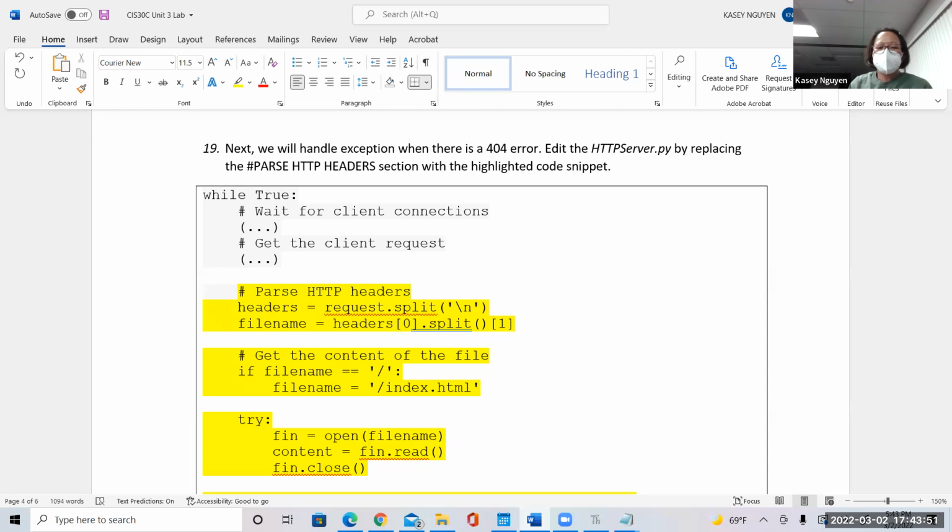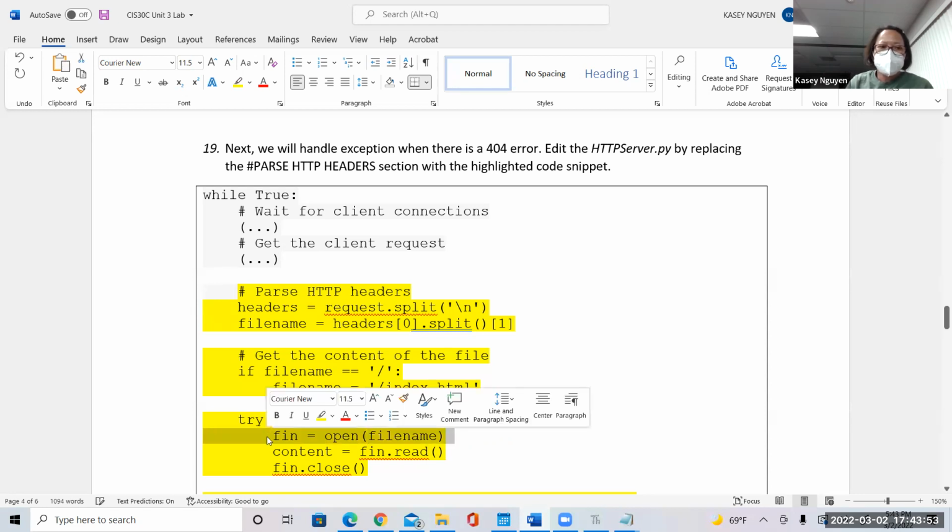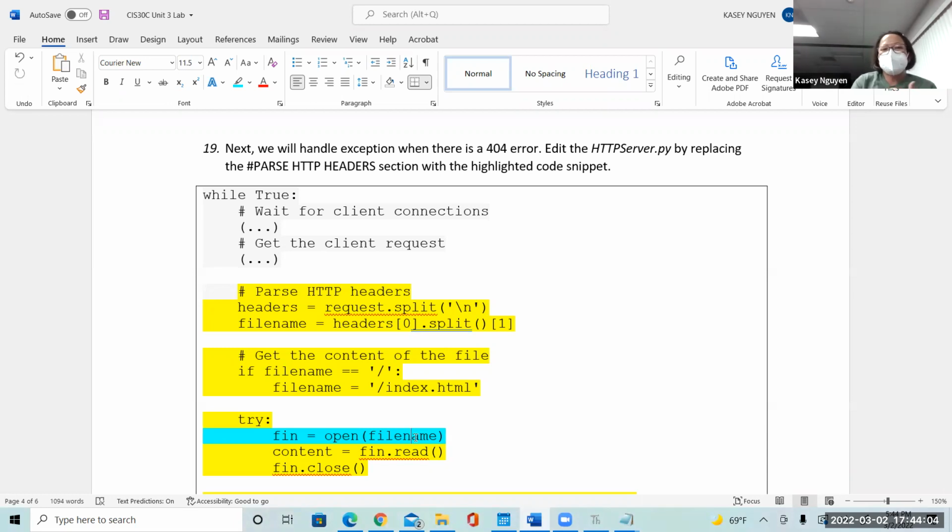This line, I'll highlight it. Make sure that it's just file name. After we took the screenshot for 16, we're going to come back to the script